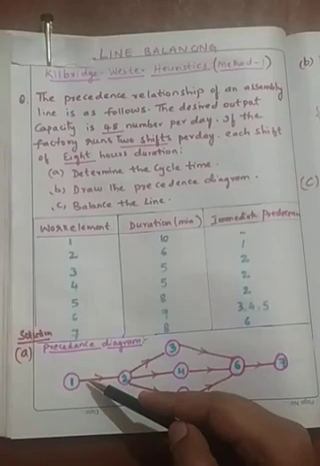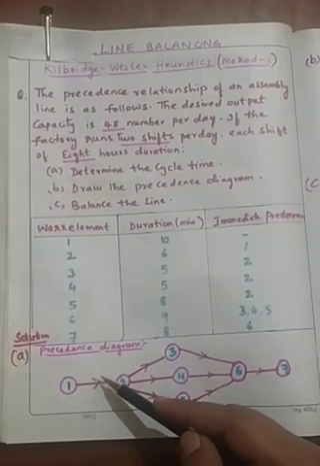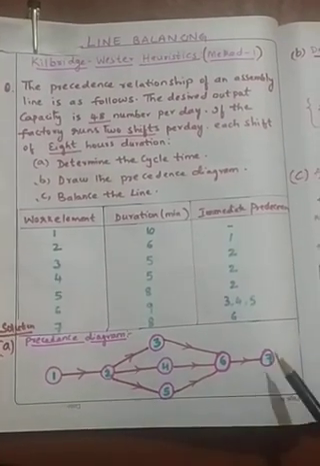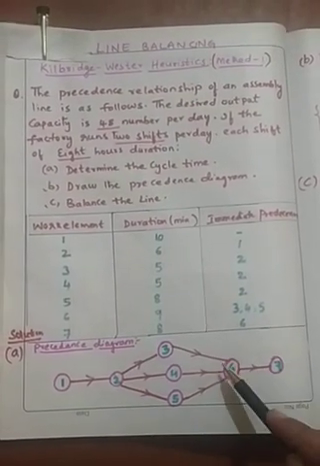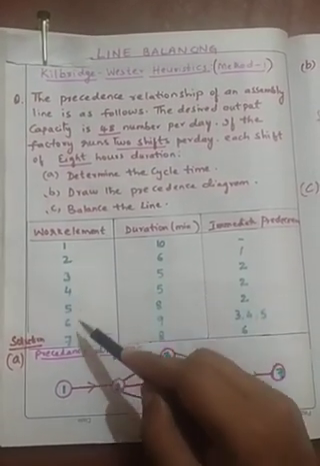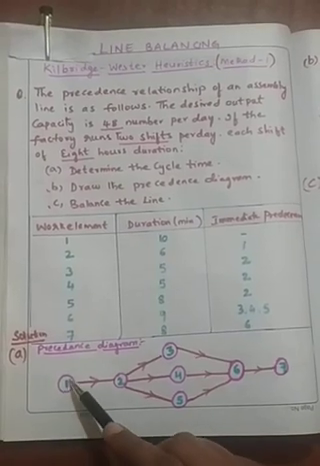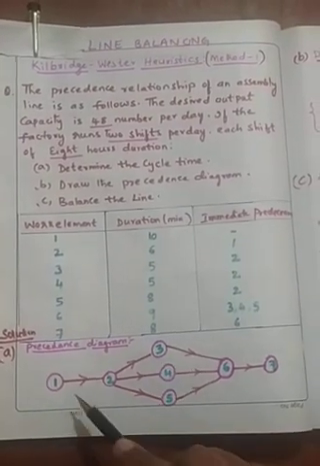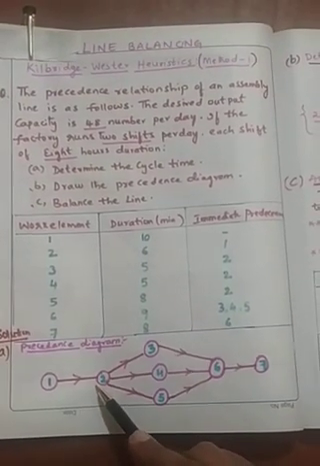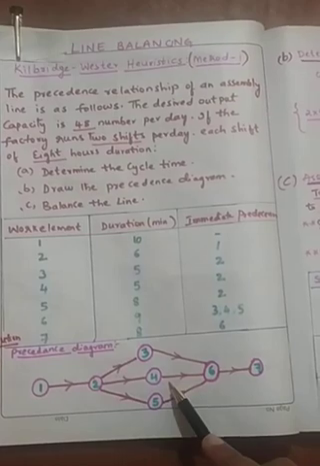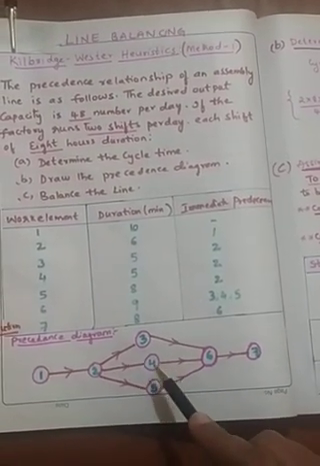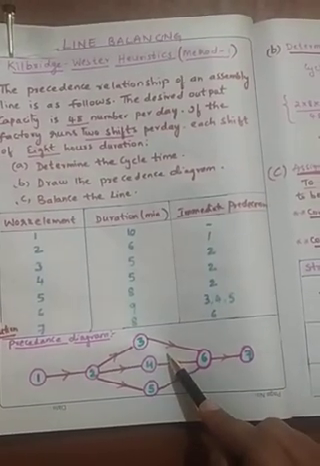keep in mind the node. What is a node? A node is generally represented with a circle. So all the circles here, whatever I have drawn, represent the nodes. In the circles, you have to put all the 7 elements. So within the circles, I have put all the 7 elements here, where these inclined lines or horizontal lines with arrow marks indicate the sequence or the path which is followed by the elements.